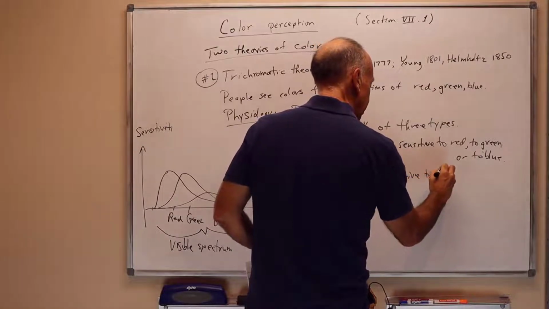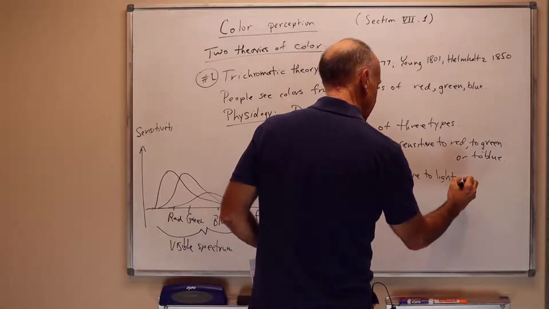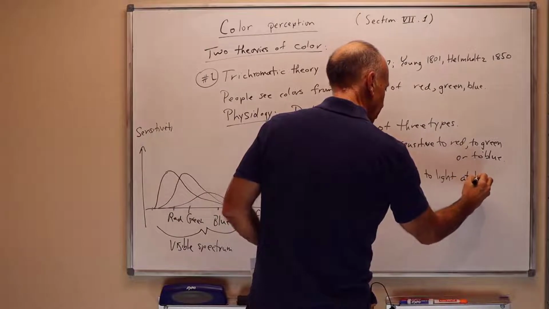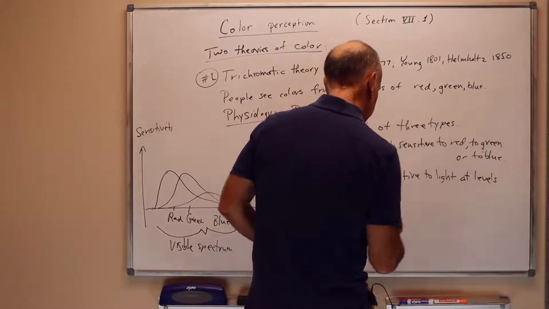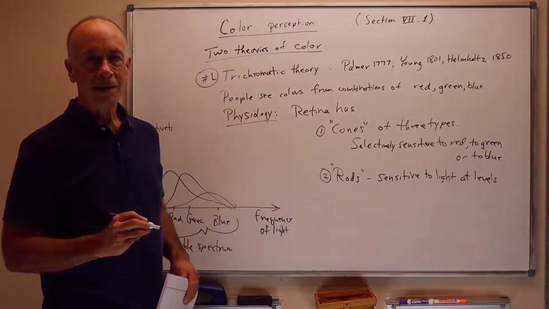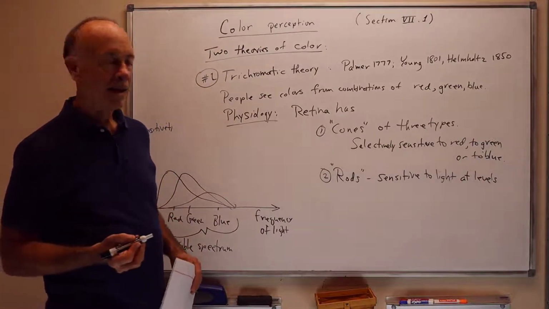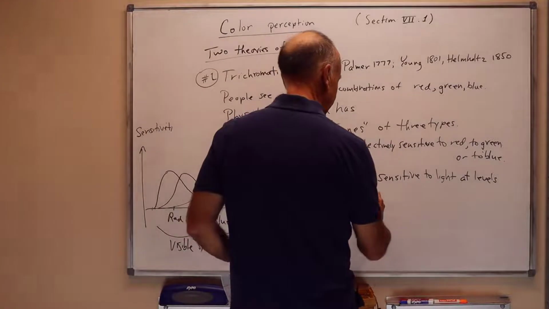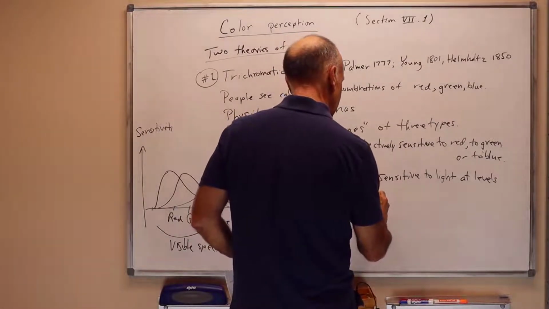The cones basically stop working and don't see anything at low levels of brightness. The rods are, however, sensitive to light at low levels. That's what enables you to see in a dim light setting. And you'll notice when you get up, say, in the middle of the night and it's all dark in the room, these do not